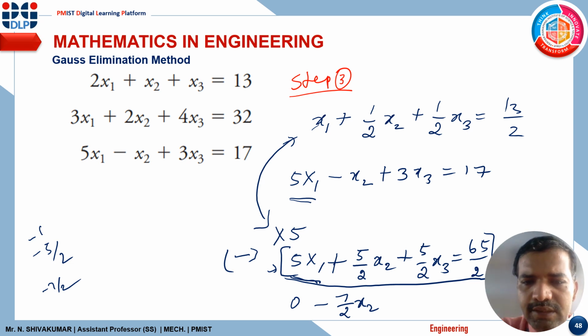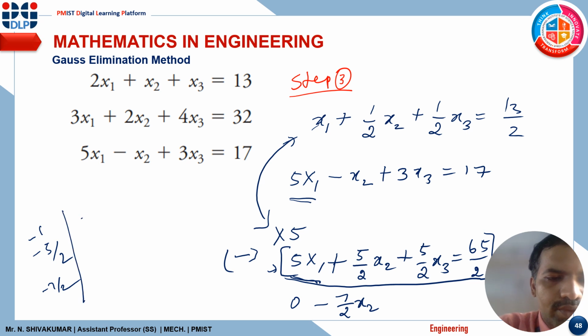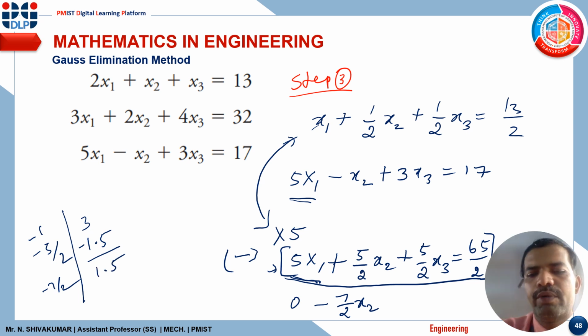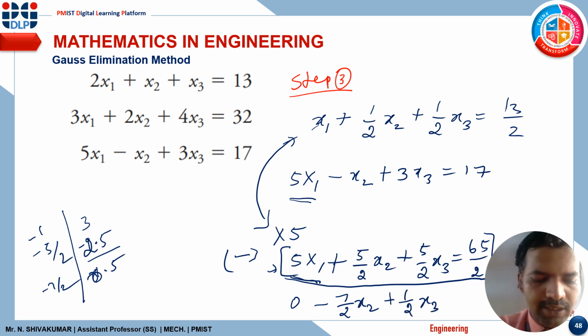Then we have 3x3 minus 5 by 2 x3. 5 by 2 is 2.5. 3 minus 2.5 is 0.5, and 0.5 can be written as 1 by 2. So plus 1 divided by 2 x3 equal to, similarly, you calculate for